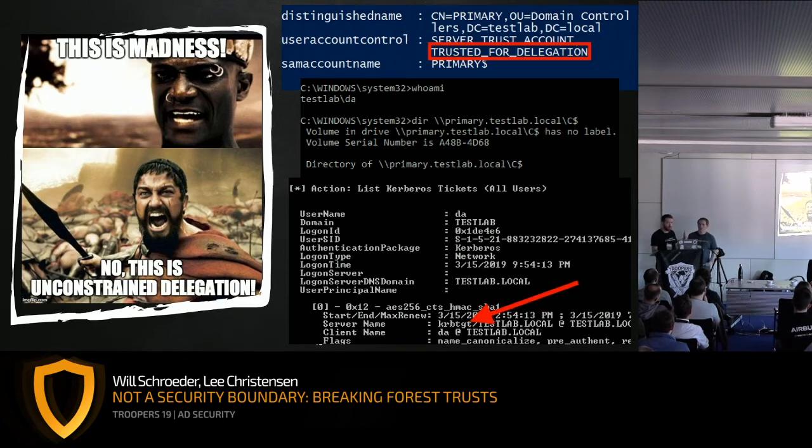We're just proving what we had on the last slide. You can see the krbtgt, that's my TGT. And anyone who has administrative access on that primary server can then extract my ticket granting ticket and pretend to be me. Very dangerous.